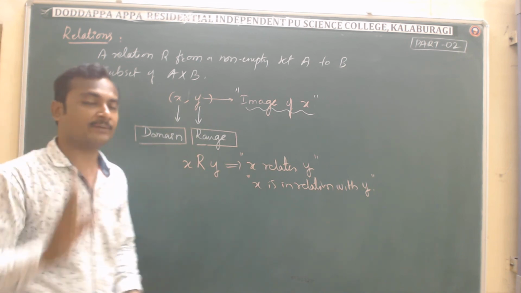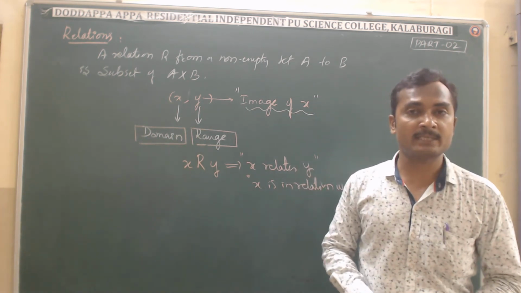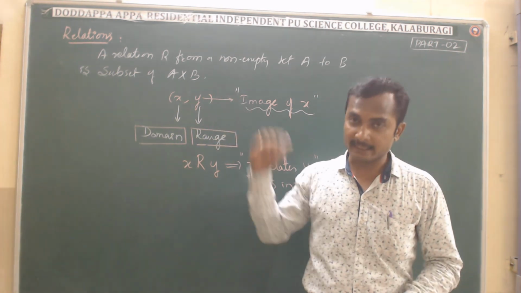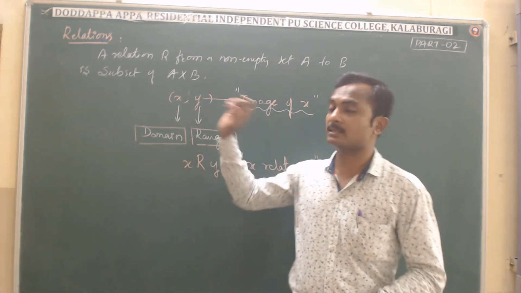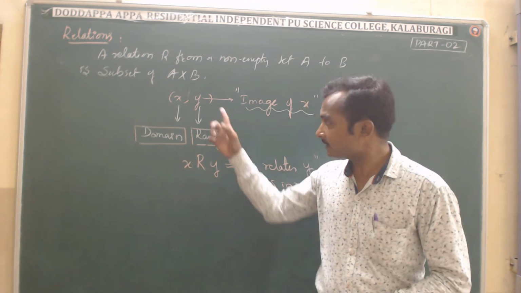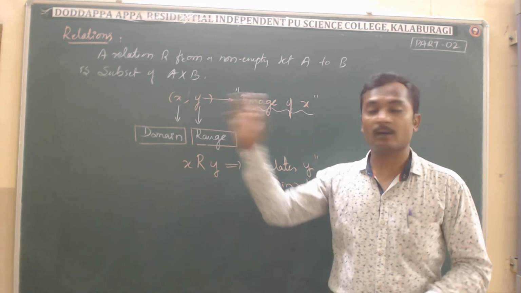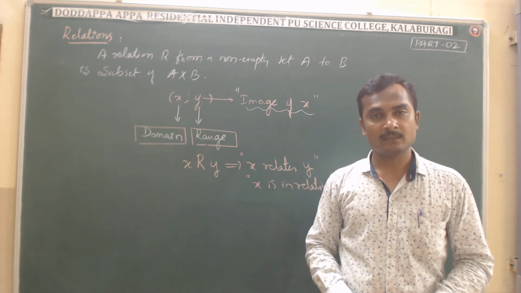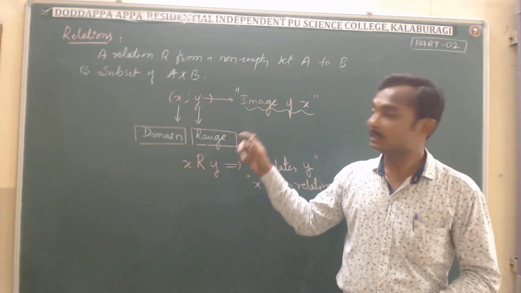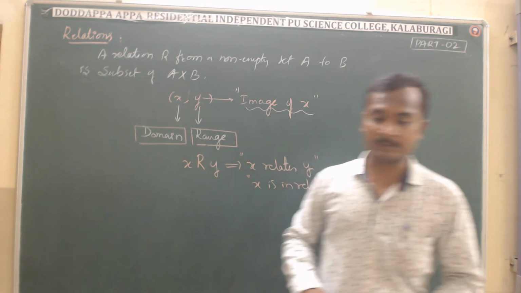So here we have studied three definitions. One is the relation. The relation R from the non-empty set A to non-empty set B is nothing but a subset of A cross B, and as it contains ordered pair elements, the first elements in each ordered pair are called the domain, and each second element is called the image of X, and also called the range of the given relation R. So we have three definitions here: relation, domain, and range, and even we have used the word image of X, right? Note down these points.